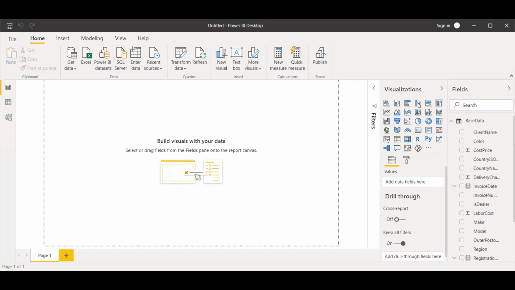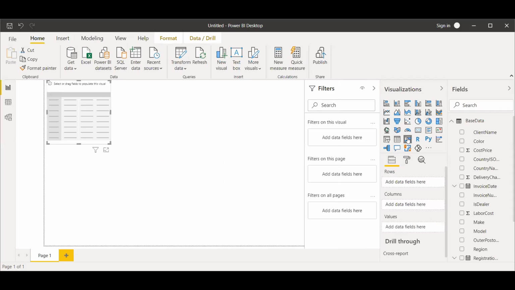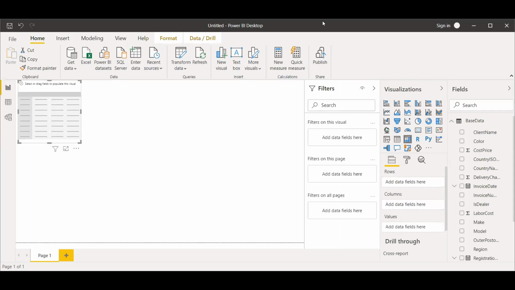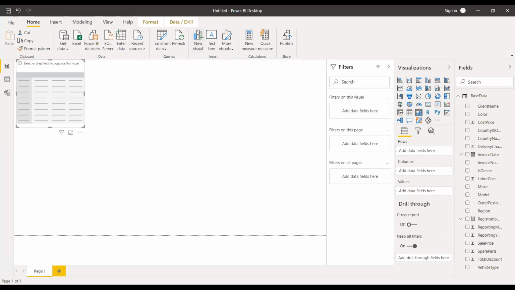So from the visualization, if you want to visualize by bar charts, the different bar charts are there. If you want a funnel chart, a waterfall, a pie chart, a donut chart, we have a matrix structure here. So just click the matrix structure, and a matrix will appear here. Can you see my BI screen?